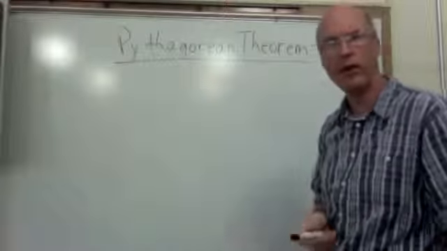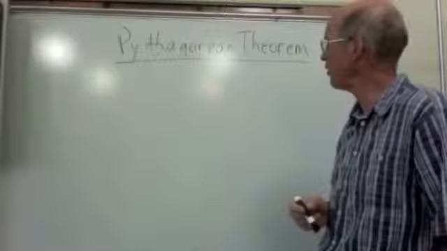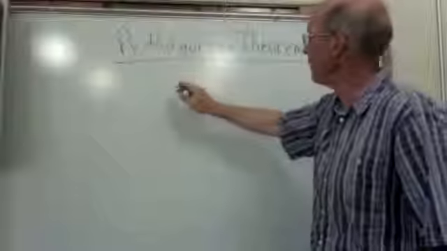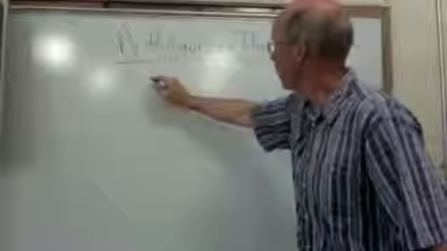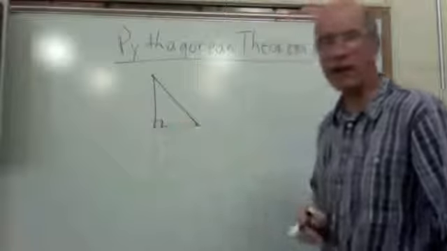In class tomorrow, we'll talk about who Pythagoras was, but he was a famous Greek mathematician. His theorem says this: if you have a right triangle, so a triangle with one 90-degree angle,